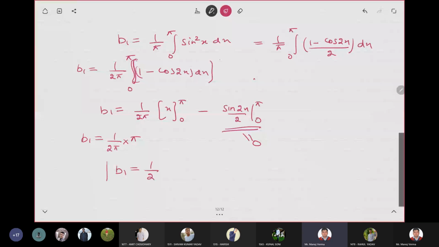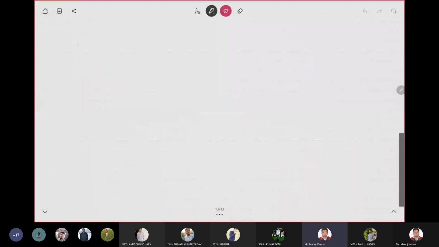Now we have all the values of an, bn and a1, b1 individually. So my Fourier series expansion for that function will become f(x) is equal to...